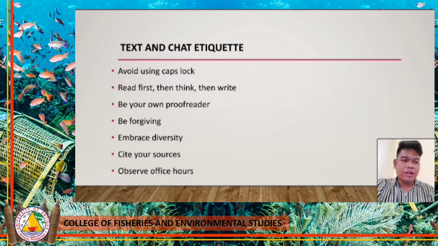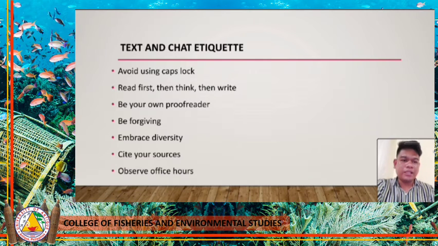Taking a minute to think about what you want to say and how you want to say it can ensure that your response is well thought out and less likely to include an attack. Be your own proofreader. Take a look at your text before replying. Make sure your grammar and punctuation are correct. Typos and incorrect words can change the meaning of what you are trying to say. Be forgiving. If you notice a minor grammatical mistake or error in another student's post, don't pounce. Instead, respond the way you would want someone to respond if you had made that error.